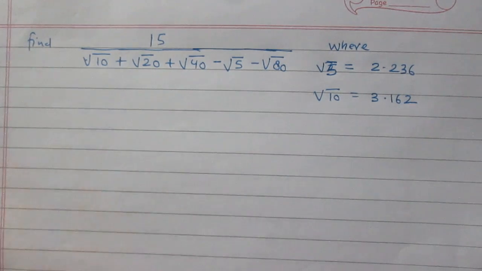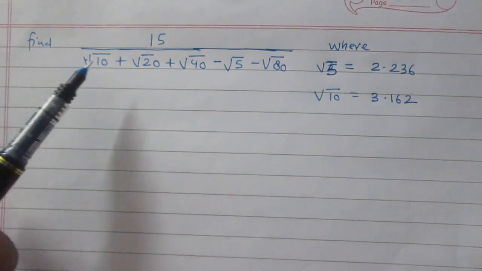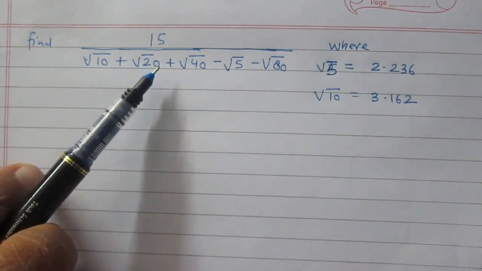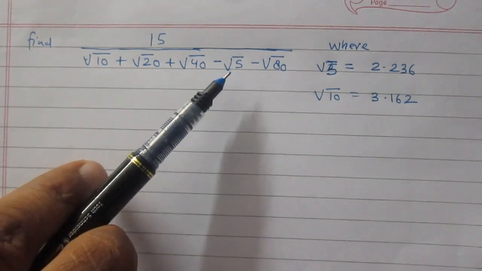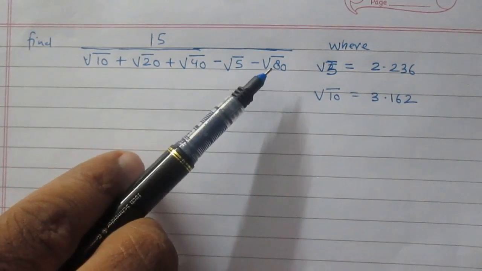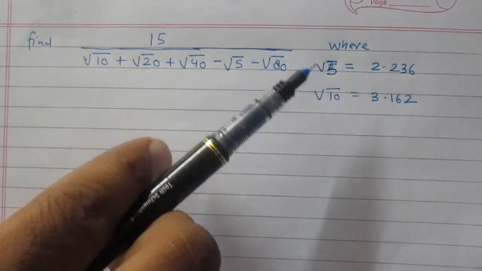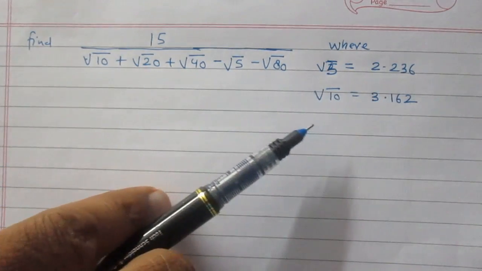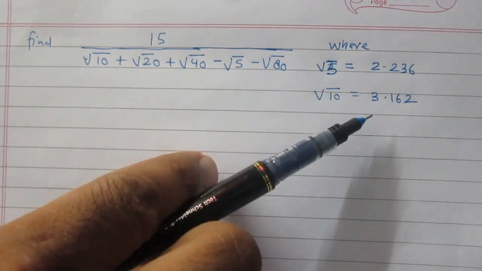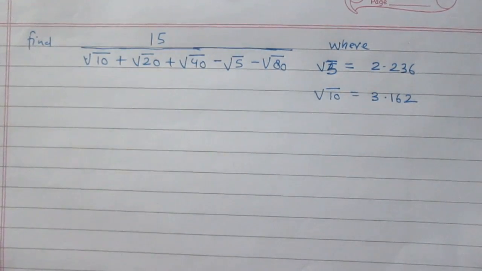Find 15 divided by square root 10 plus square root of 20 plus square root of 40 minus square root of 5 minus square root of 80, where square root of 5 is equal to 2.236 and square root of 10 is equal to 3.162. We know that